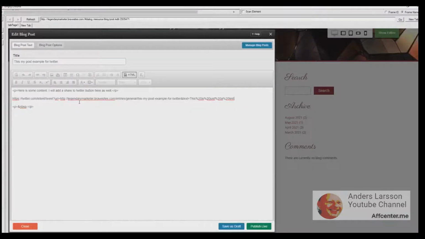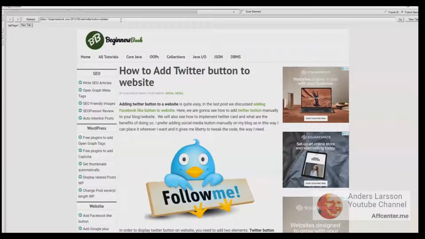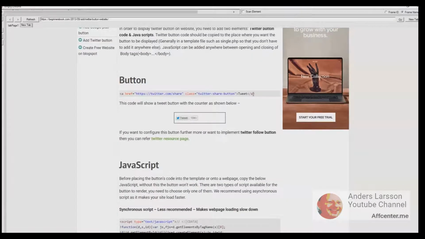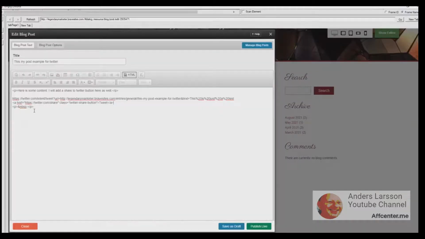And I opened a post in Brave Sites, clicked HTML, and then simply pasted the link. But we are not finished. We are going to another website that is called Beginner's Book, and it is pretty old, but this is what I found. So I do this in 2 steps. I copy the HTML for the link like this. So you need to select everything. Now you paste the code, and we don't want this link. But instead, let's cut the original link and replace between the string characters, just paste the link.